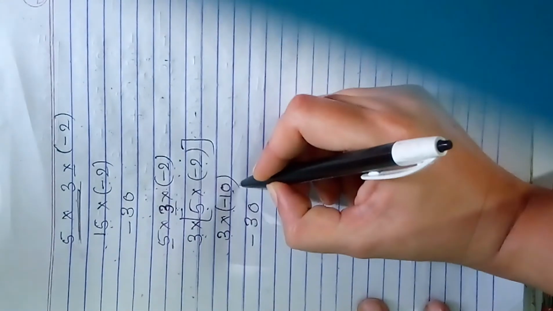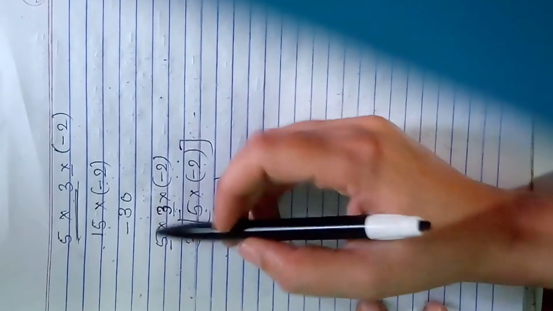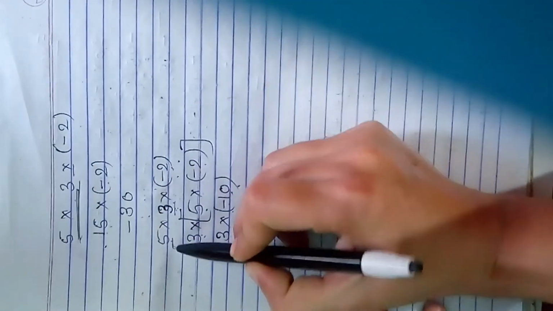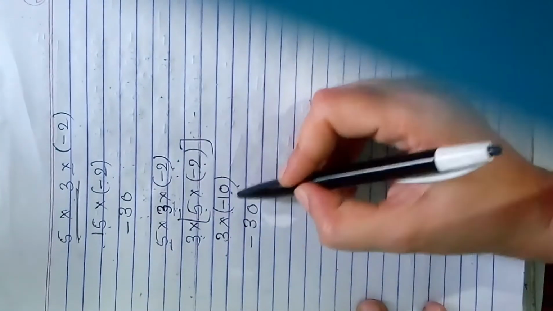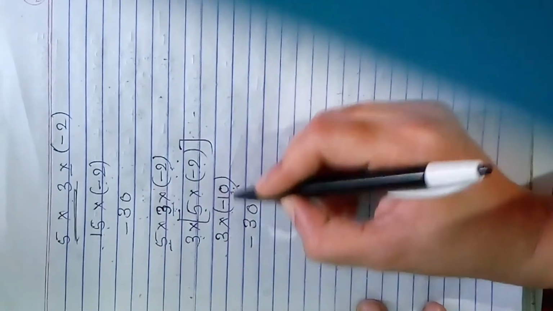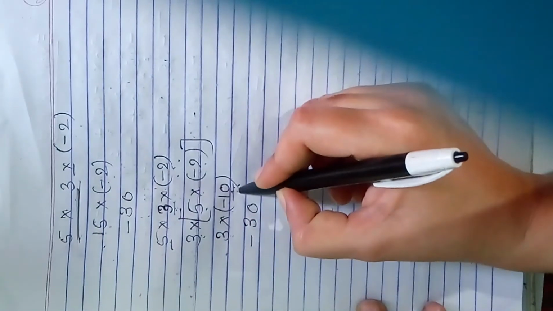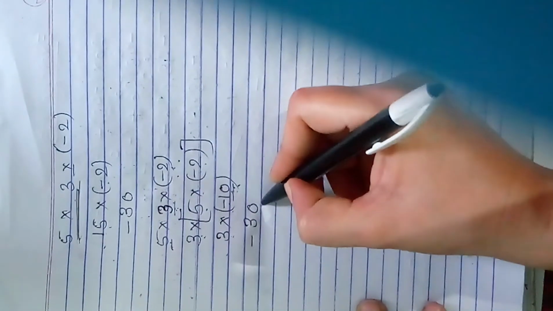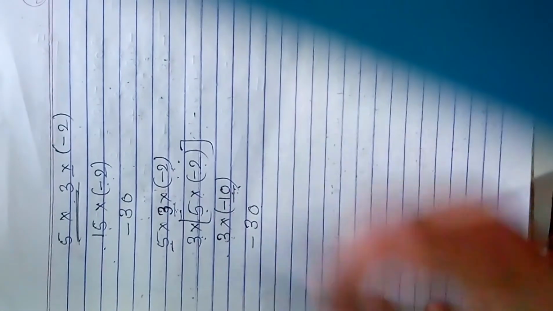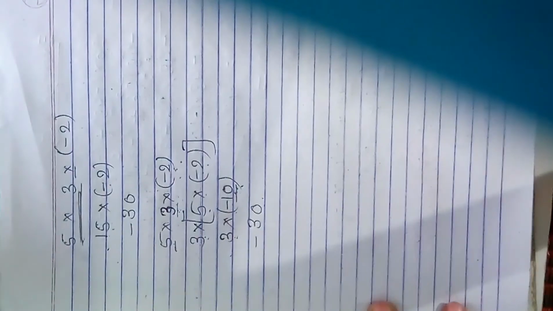I think this one is easier, because if you arrange 5 with this minus 2, directly we will get minus 10, and in the next step directly we can multiply 3 with this minus 10. Simply we can get the answer minus 30. So this is easier to multiply. In the same way,